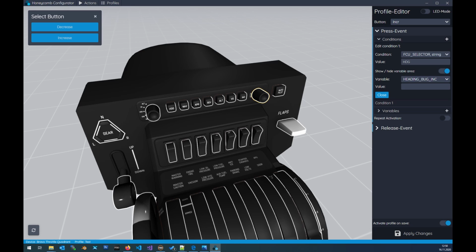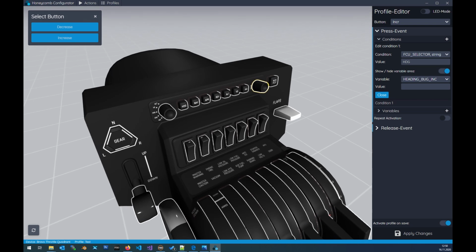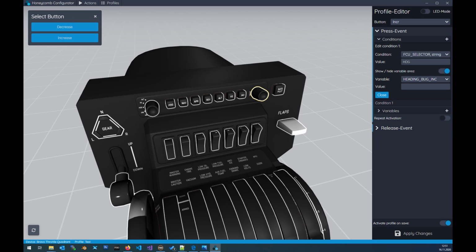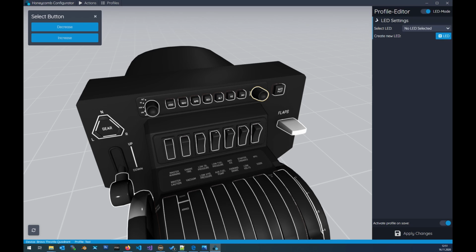All right, so now we have selected the buttons here, we have selected the FCU selector. So let's start with the LEDs. For the LEDs, we have to go into the LED mode. Down. No LED selected because we never created one. Click on plus LED. We select LED. Well, let's start also with the heading